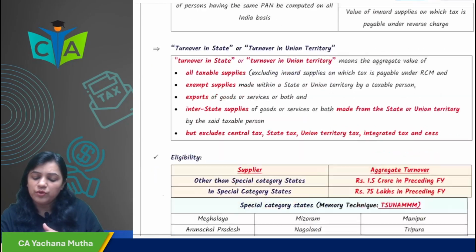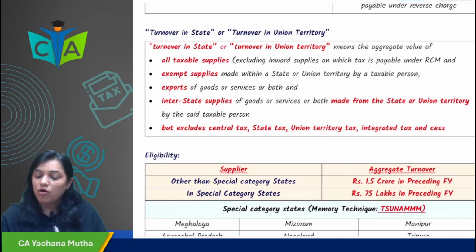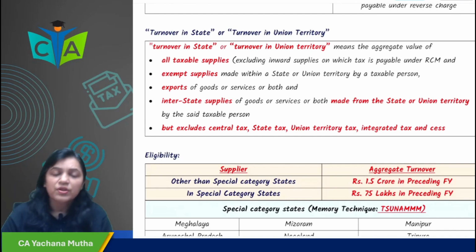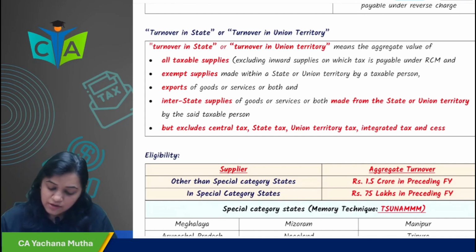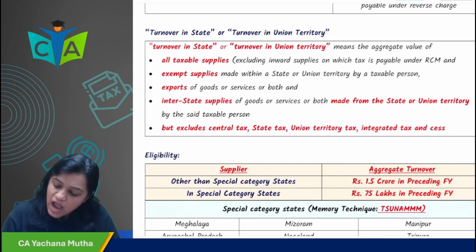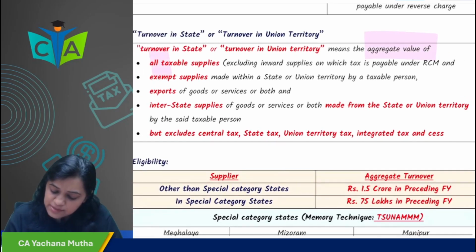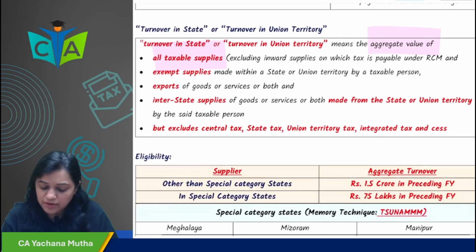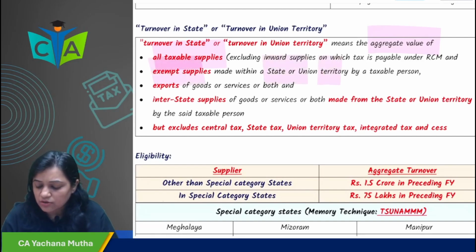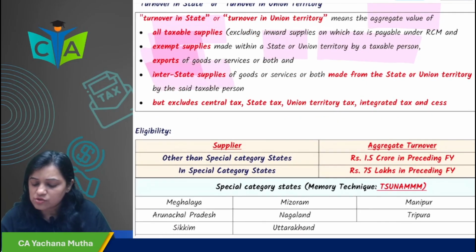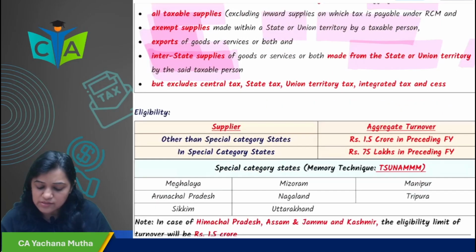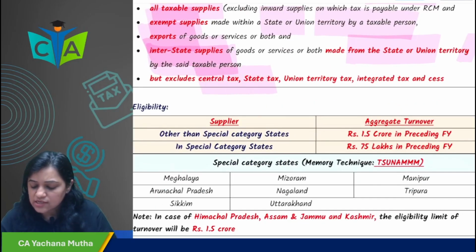And the next definition is turnover in the state or turnover in union territory. On what basis you will pay the tax? Turnover in the state or union territory definition plays a role. So, first we'll see the definition. Turnover in the state or union territory means aggregate value of all taxable supply, excluding inward supply on which tax is payable under RCM, exempt supply made within the state or union territory by a taxable person, exports of goods or services or both, interstate supply of goods or services or both made from the state or union territory by the taxable person, but excludes CGST, SGST, UTGST,